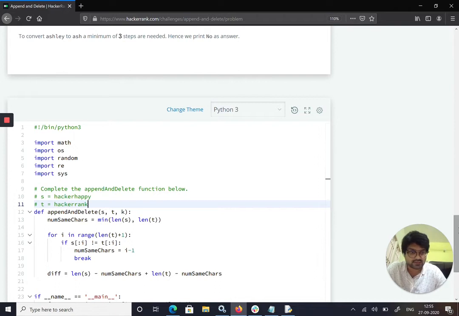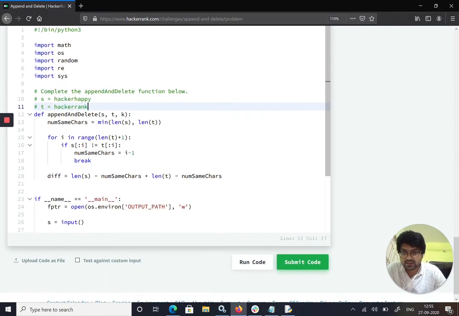In that case the difference will be a total of 9, happy and rank. It will take the length of s, which is 11, and minus 6 for hacker, and it will give 5. So this is the difference it takes from both the s and t values.